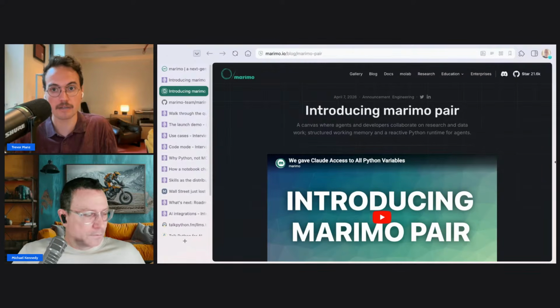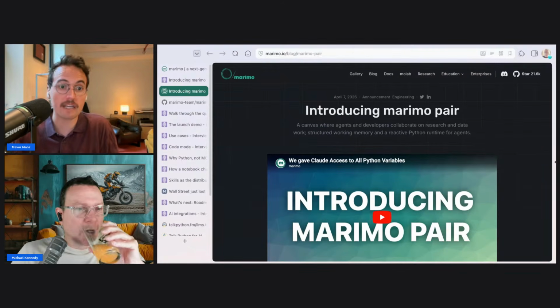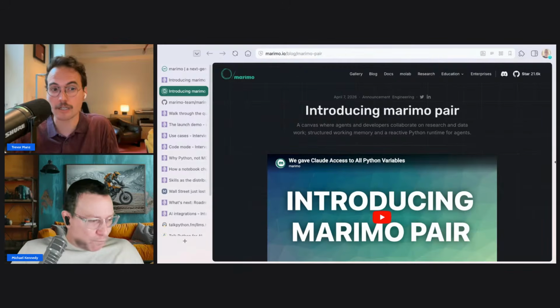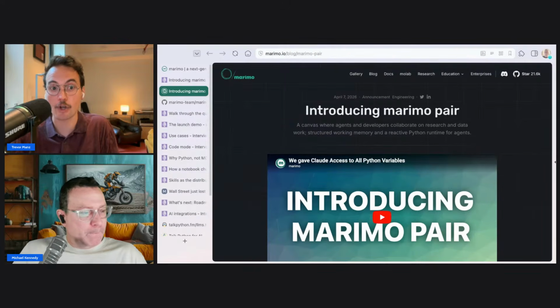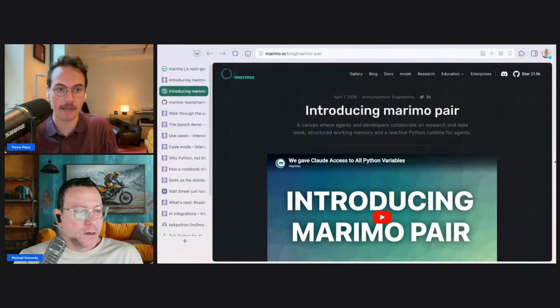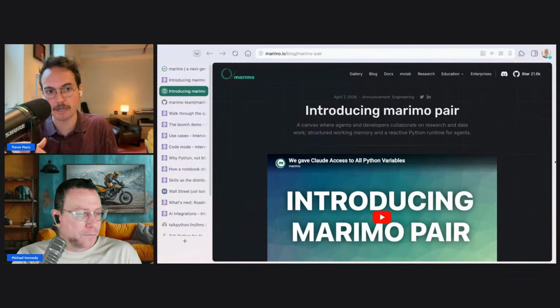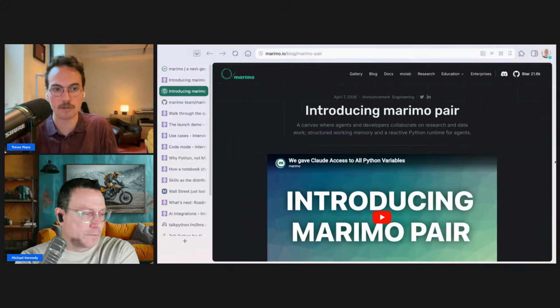And I think the nuance of why the more headless approach works quite well with Marimo pair is that if you've had any experience trying to one-shot a program or a notebook in the past, the agent doesn't really have a way of verifying what it's doing, or that the whole notebook it created works well. Maybe at the end it can try to run the notebook and then you have to go back and fix cell by cell. Versus driving from Marimo pair, which forces the agent to build up the notebook a similar way that you would, going cell by cell.